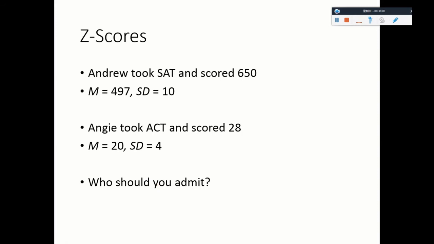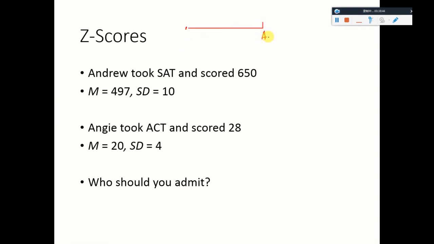So again, we're comparing scores from very different distributions. So what we need to do is convert the scores to distances, right? So we essentially ask, how far away is Andrew's score from the mean? And how far away is Angie's score from the mean? If Andrew's score is farther away from the mean in the positive direction, right? So we're considering, if the mean for Andrew's SAT is here, and if Andrew is here,